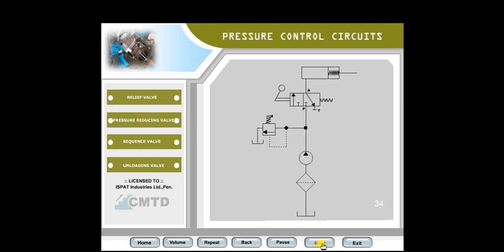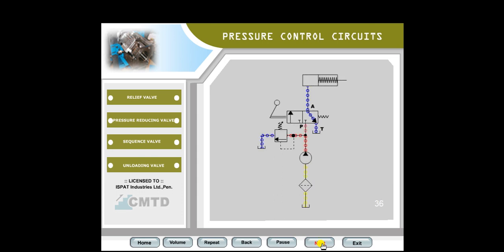In that position, cylinder is connected to tank through port A and port T. Pump port P is blocked. As cylinder is connected to tank through ports A and T, the spring pushes the oil from port A to T.